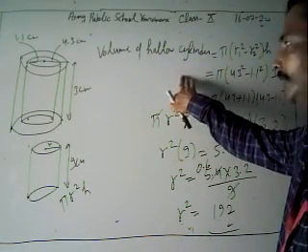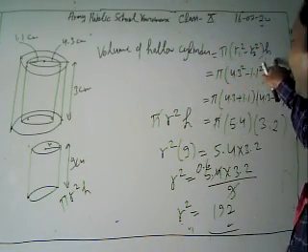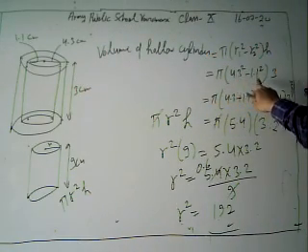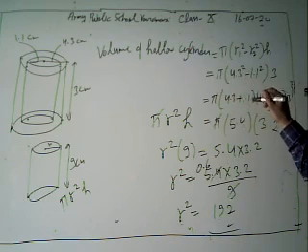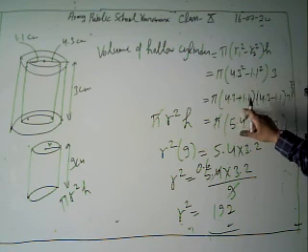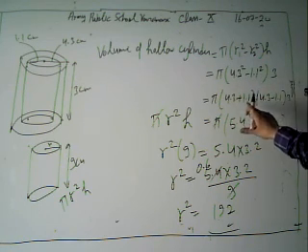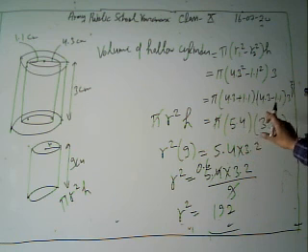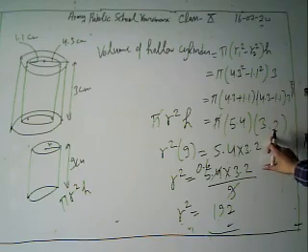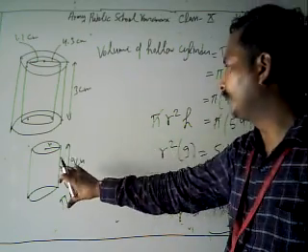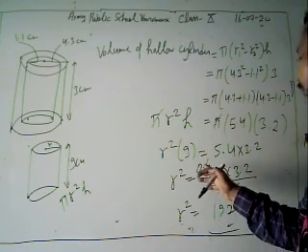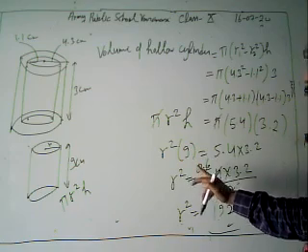The volume is pi (r1 square minus r2 square) h. Here r1 is 4.3 and r2 is 1.1. Using a square minus b square, we get 4.3 plus 1.1, 4.3 minus 1.1. 3 plus 1 is 4, so 5.4. Then 3 minus 1 is 2, 4 minus 1 is 3, so 3.2. Then this volume equals the volume pi r square h, then r square, cancel out the pi, divided by 9.